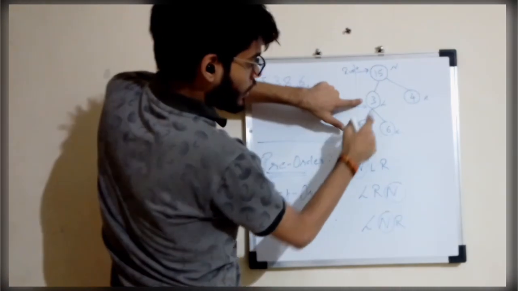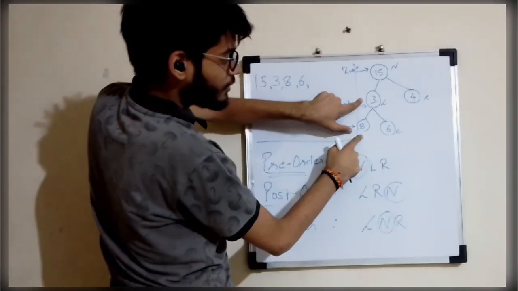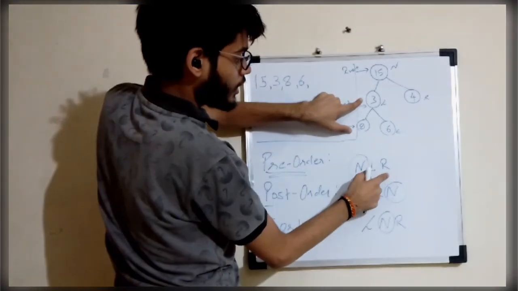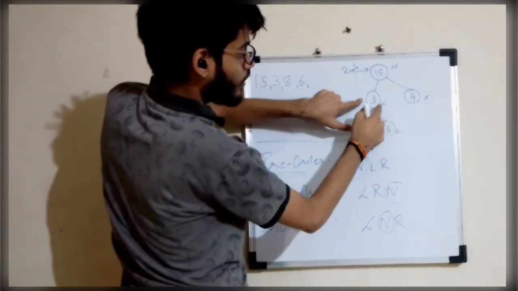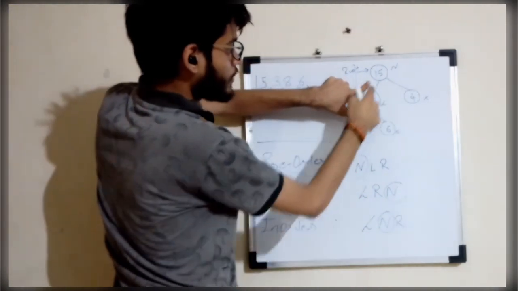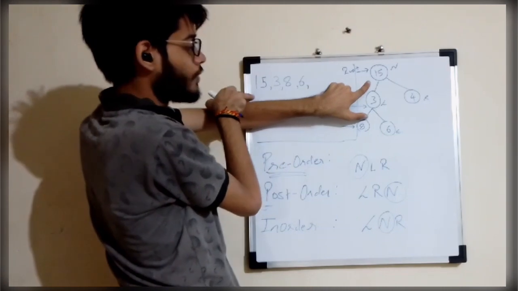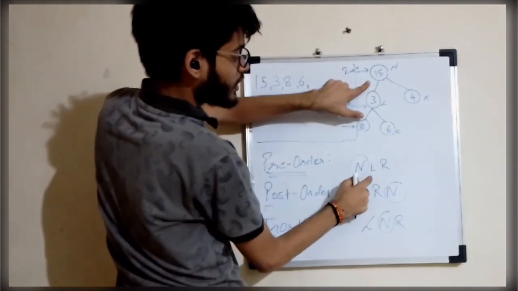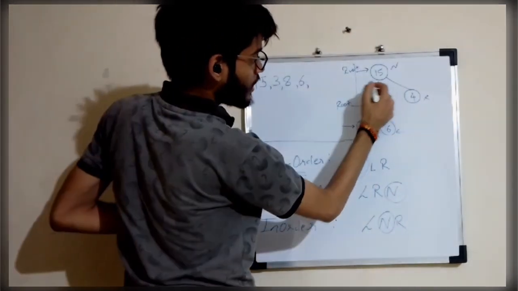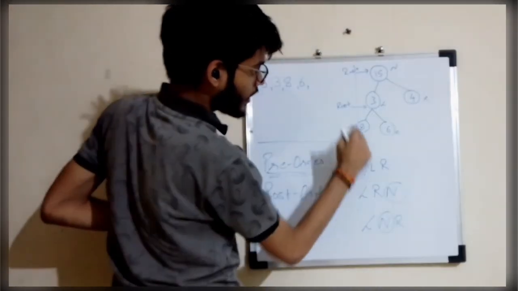So for the 3, as we have seen, we have printed the node, we have visited the left side, we have visited the right side. All steps are completed. Then we'll move back to 15. For 15, you have seen we have printed the node 15 over here, and we have also visited the left side of this. So we have basically covered this entire subtree.